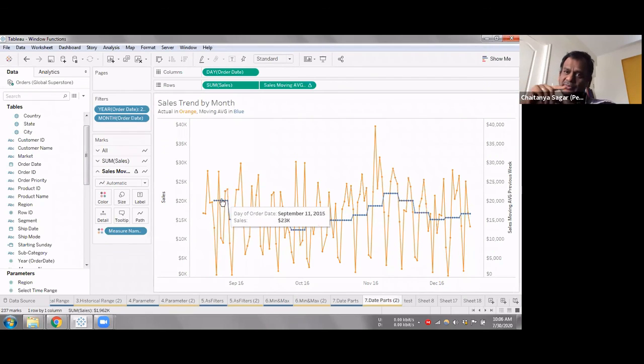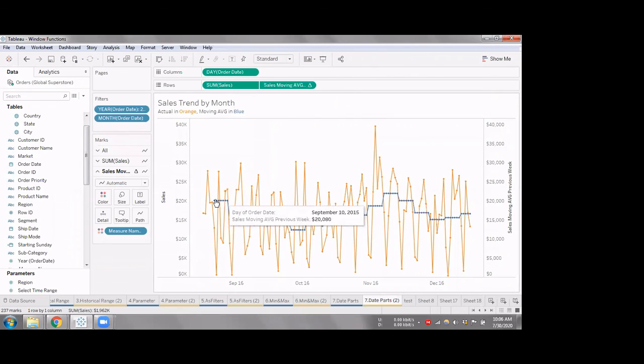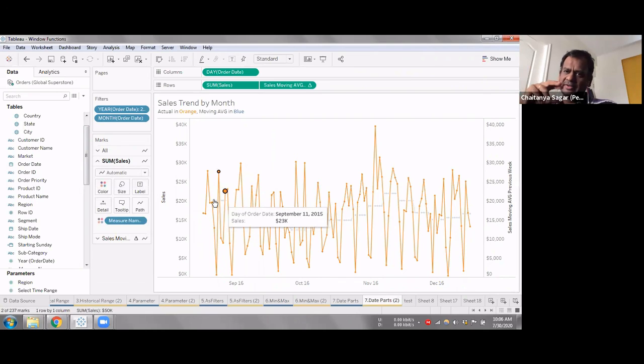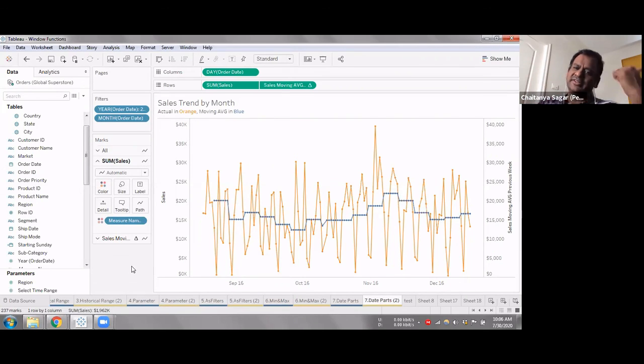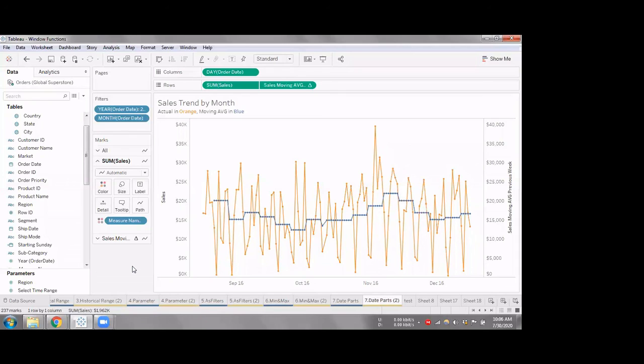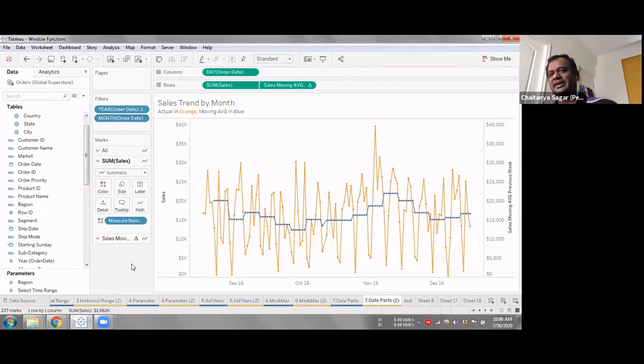It's also the average of the last week, is it? These blue lines are not the average of these values, but it's the average of the previous week values. Understood. Even in that case, you just go back. Correct. It's on the similar logic. Yeah, similar logic. I got the answer. Okay. Great. Thank you.